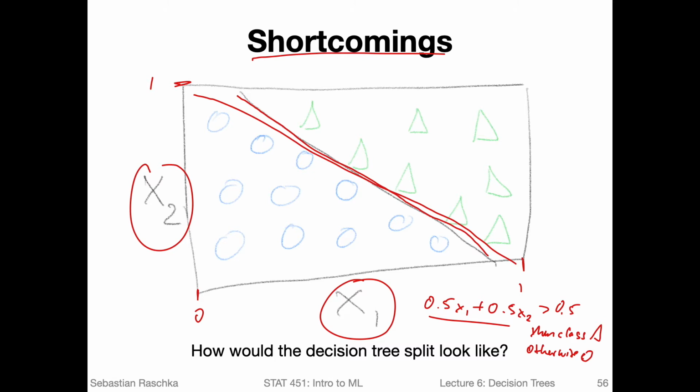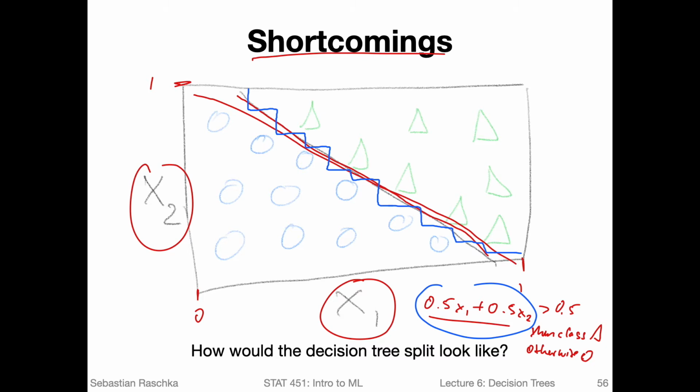However, with the decision tree, you remember that it is splitting the features perpendicular. So a decision tree split could be like this first, for the first node, and then for the second node it could split like this and so forth. If I would draw that, it would look like a staircase. So it cannot do the diagonal directly, because the decision tree can only split one feature at a time. It cannot split on a combination of features. So we can't have a linear combination of features. It can only split on one feature at a time.